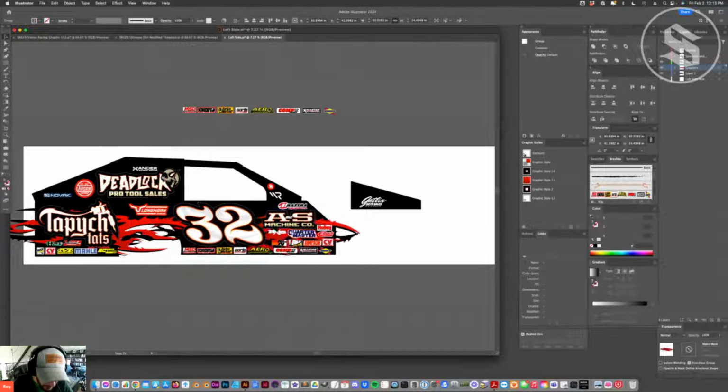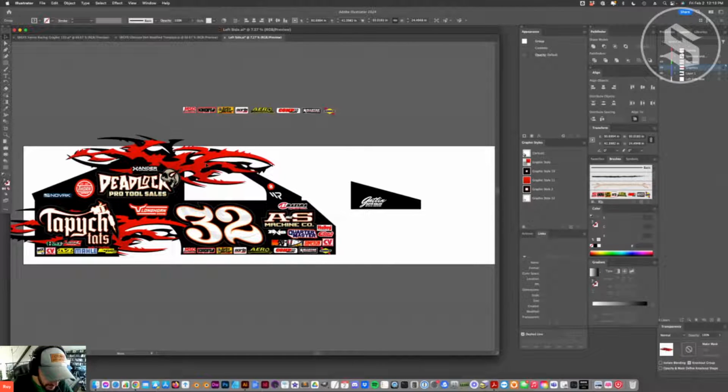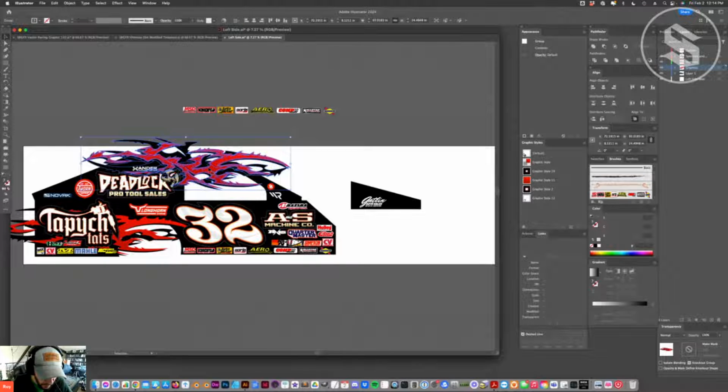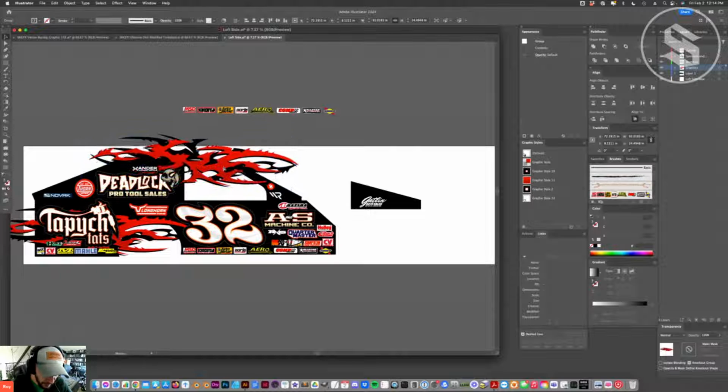And a lot of the details end up lost when I don't have the ability to modify because they're going behind sponsors and behind contingencies. And so I'll experiment and move things around. Like for instance, if I was going to move this here, I would want to break this to solid red before it hit the top, just to make it, one, easy for the wrap installer, and so that the design kind of ended or resolved nicely at the top. So I'll go into that here in a little bit on how I do that and the best practice for